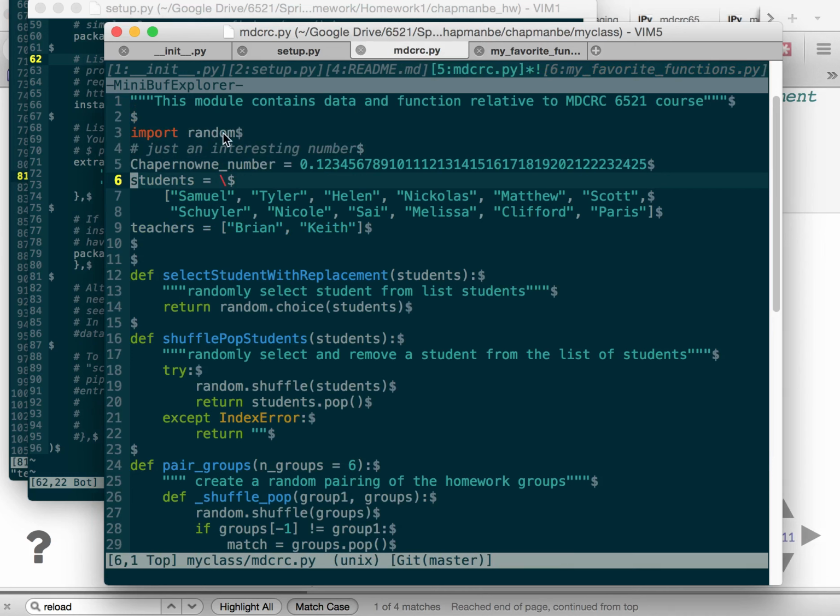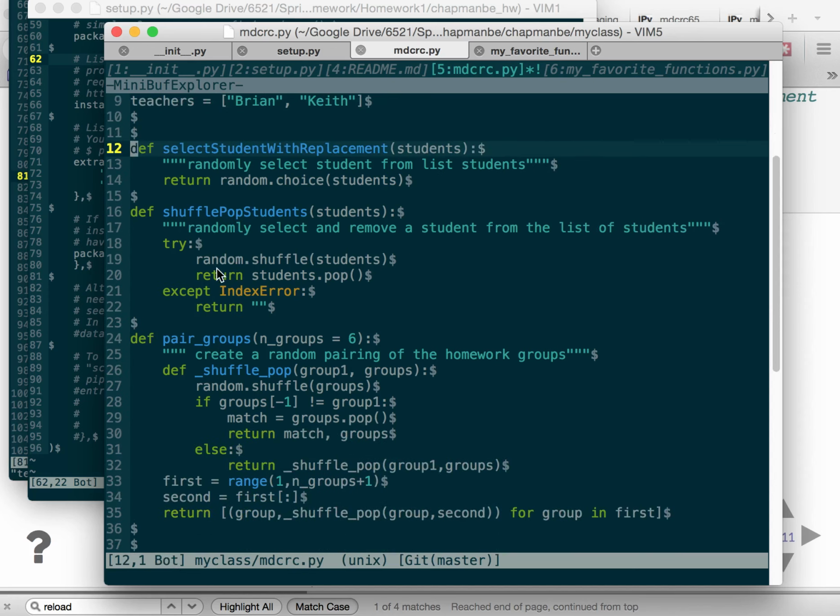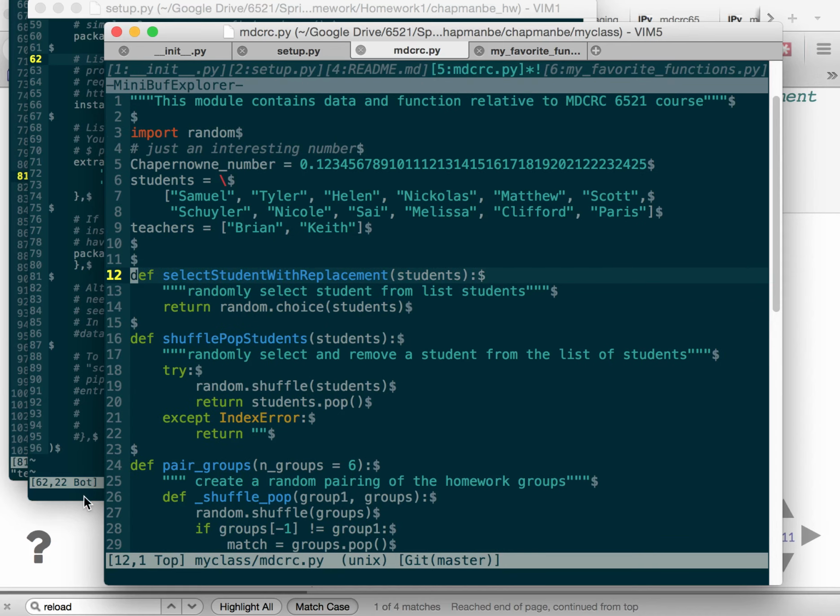I import the random module. I define some constants. I have a variable that's a list of the students in the class, which now that I think about it, since we're past the add/drop date, I should have made it a tuple instead of a list, and the teachers. Then I have some different functions. So that's my mdcrc